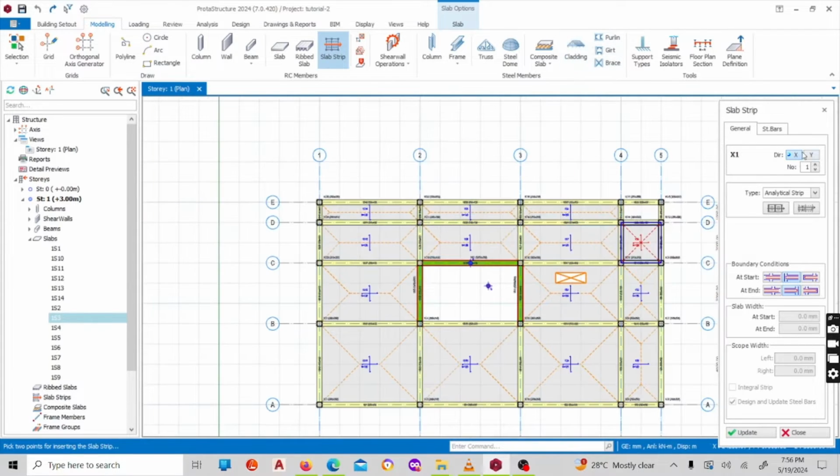Now to do this, we are starting with x direction, and we have different types of strip. You have analytical strip, finite element strip, and manual strip. For the finite element strip, this is only used when you have a ribbed slab or waffle slabs. I will show you this in the later part of the course. And for the manual strip, this is the one in which you'll be doing it manually,